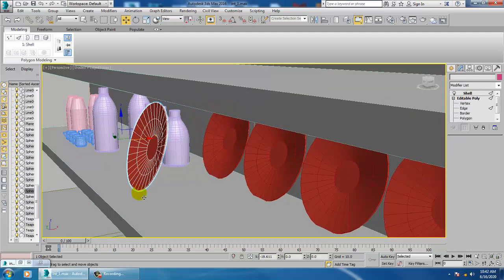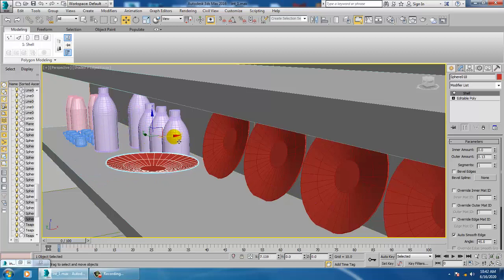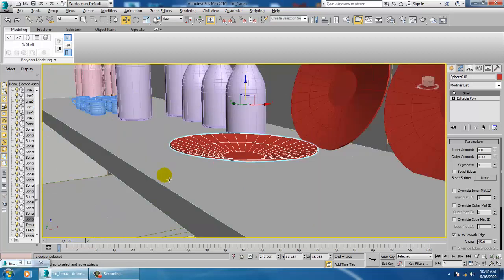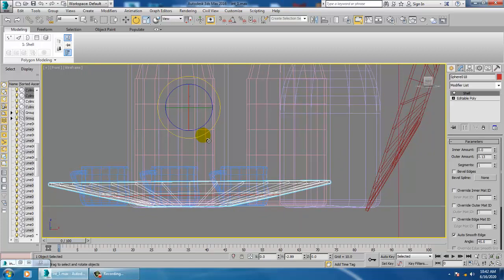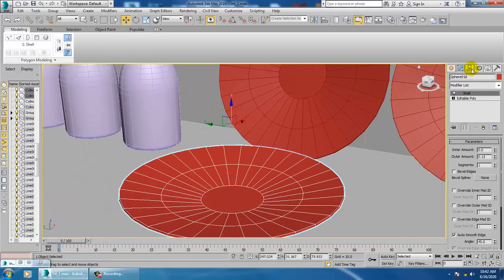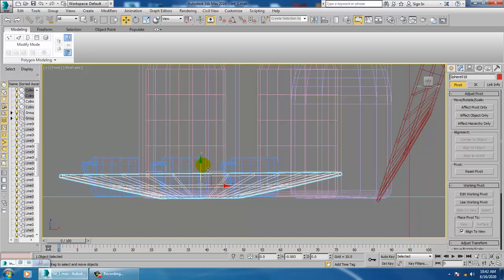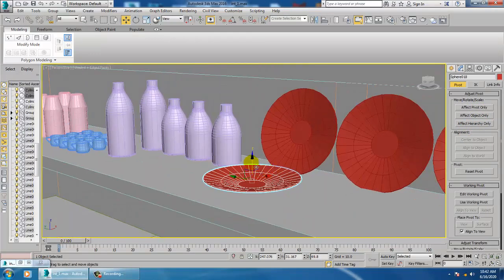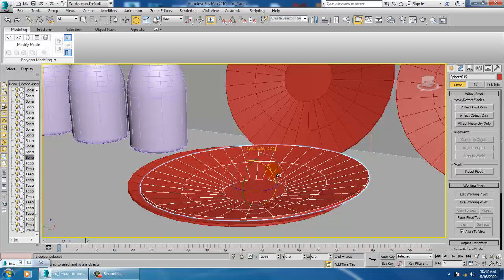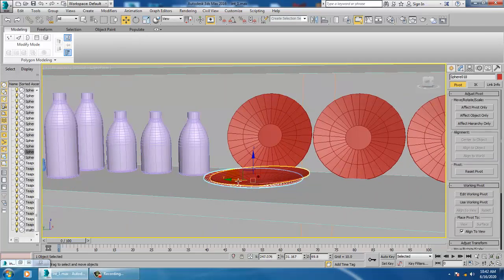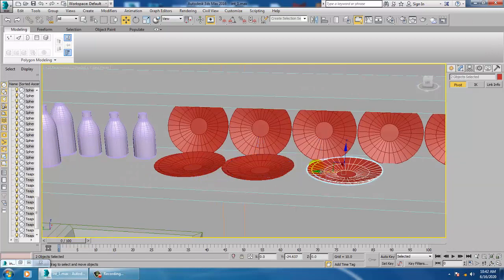Even you can take a copy of these plates and just rotate it. Make some few copies of these plates.